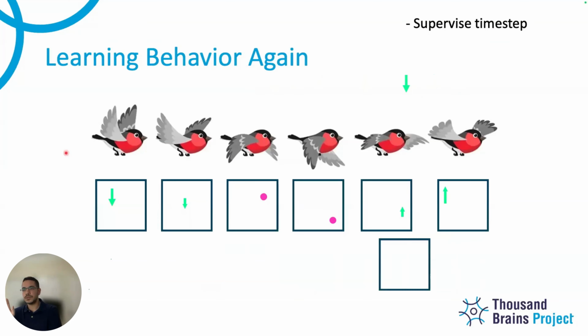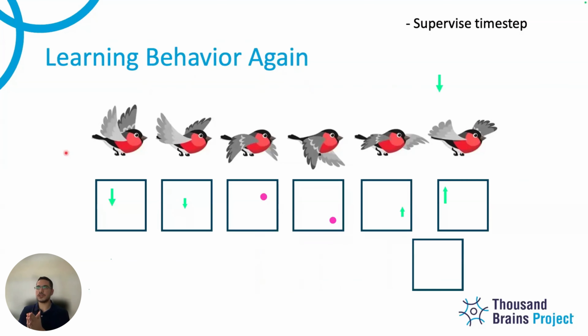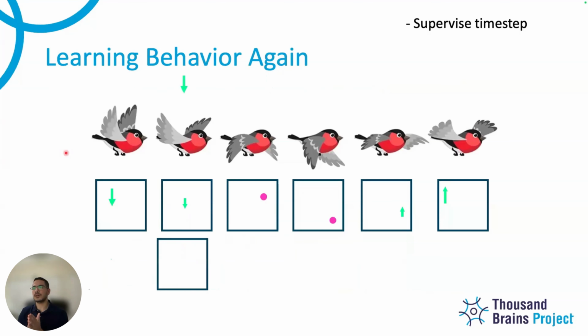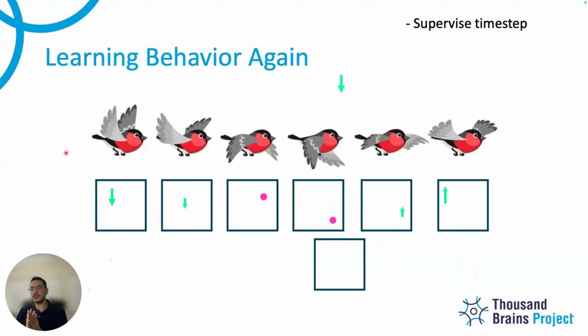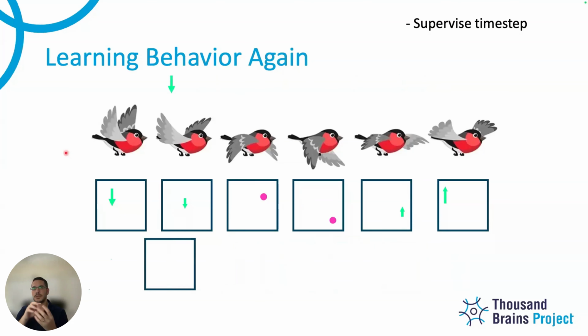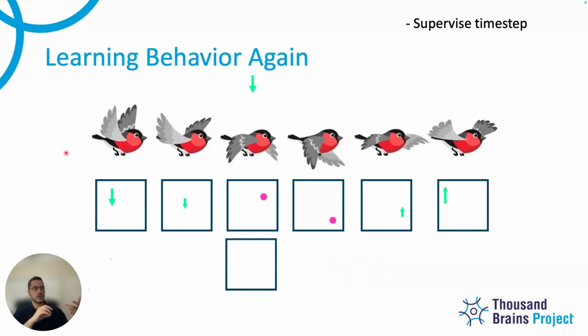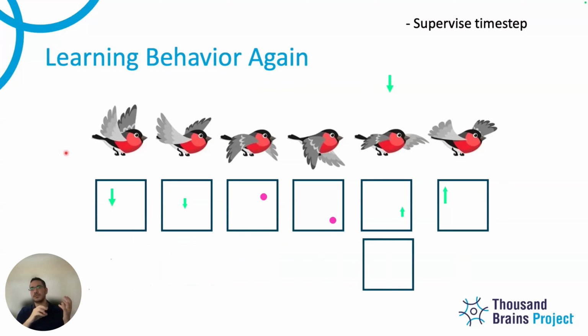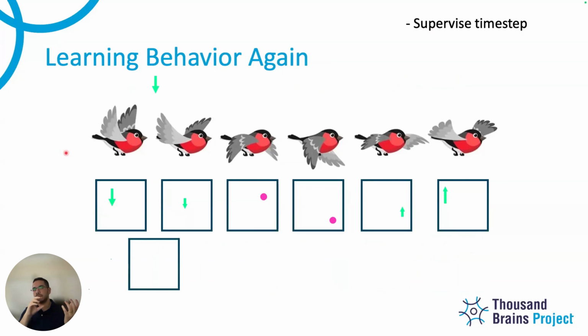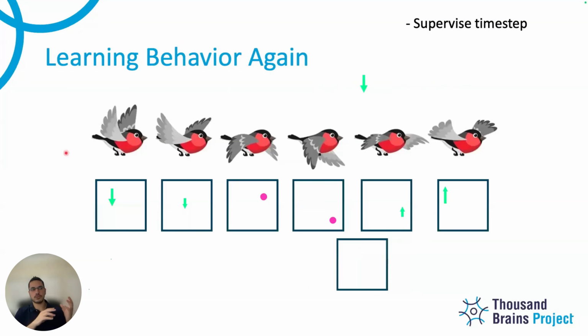So we do actually have, when we're learning morphology, even in morphology, when we do supervised learning, we add some supervision. We have a viewpoint here, and then we move the object like 14 different rotations, and we know the difference in rotations or difference in viewpoints. And then we also supervise the object ID. We tell it what object ID we're looking at here, so that you add it to the correct reference frame.